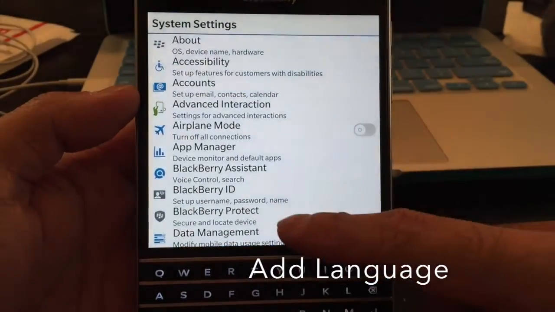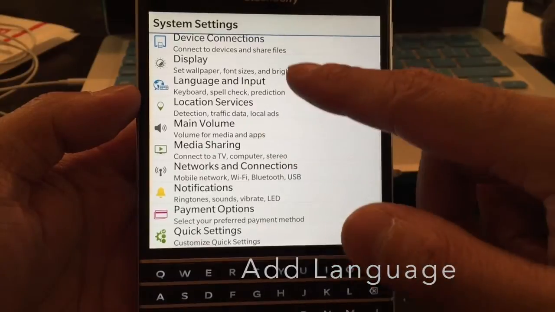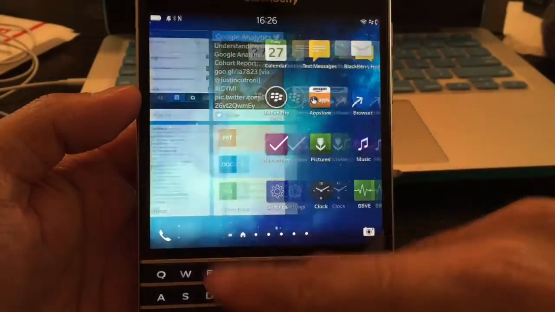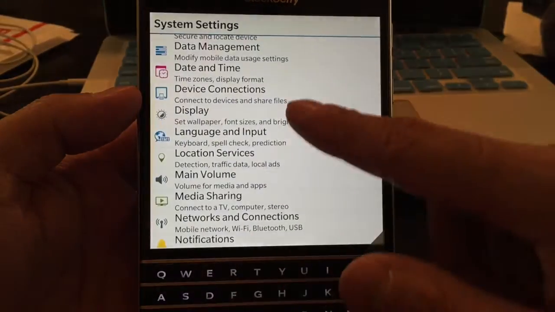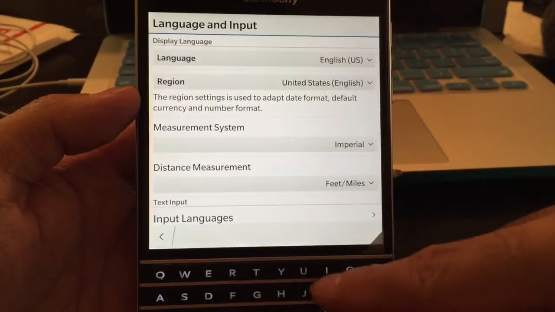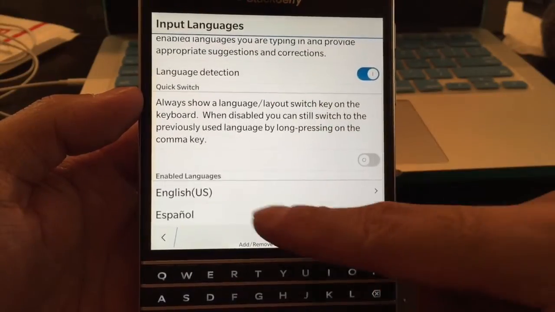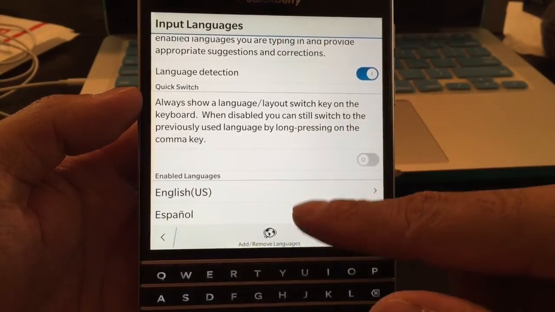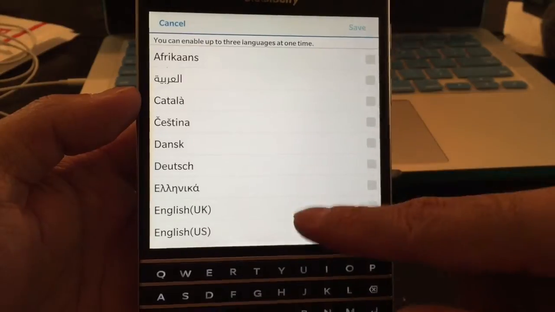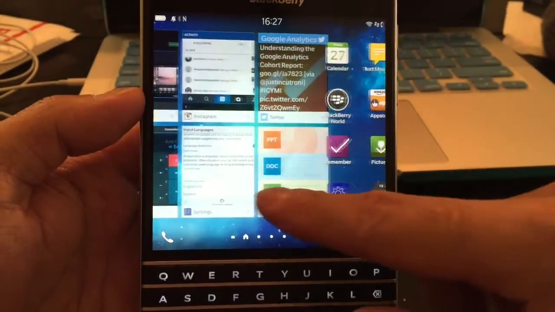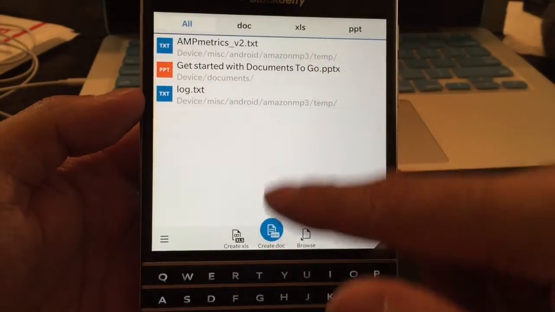This is fairly important, especially if you speak another language, and this will help you with your predictive text. The first thing you want to do is go to Settings, and from there, head to Language and Input. Scroll down to Input Languages, and your default should be English, and then you can add and remove languages, and you can have up to 3 at one time. We'll go ahead and cancel, and I'll show you here on the document